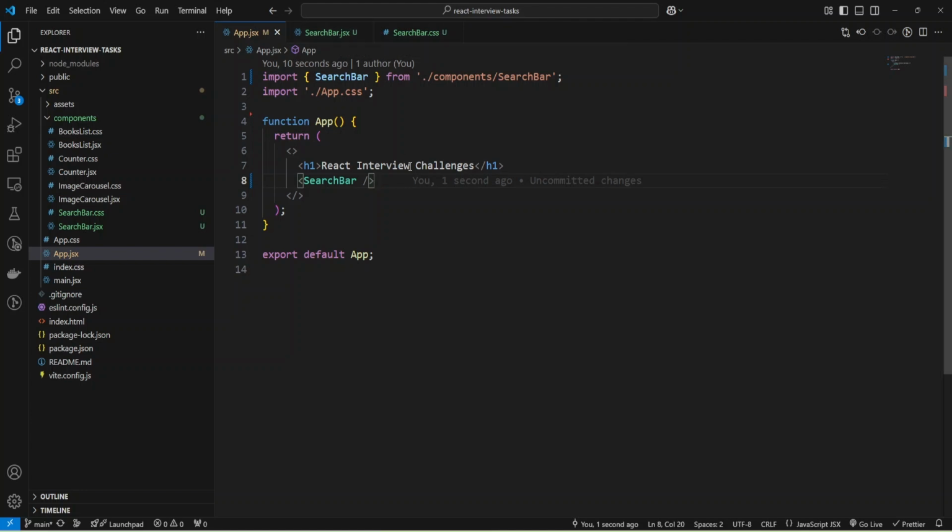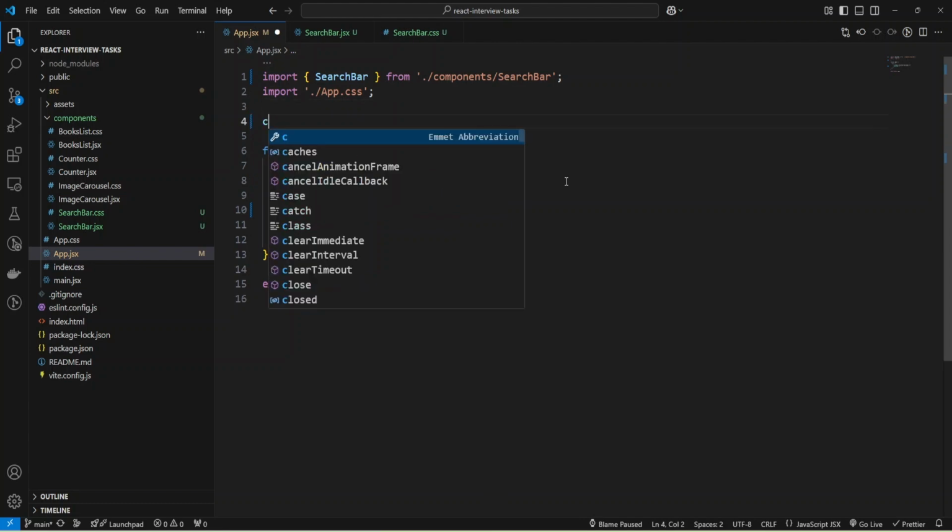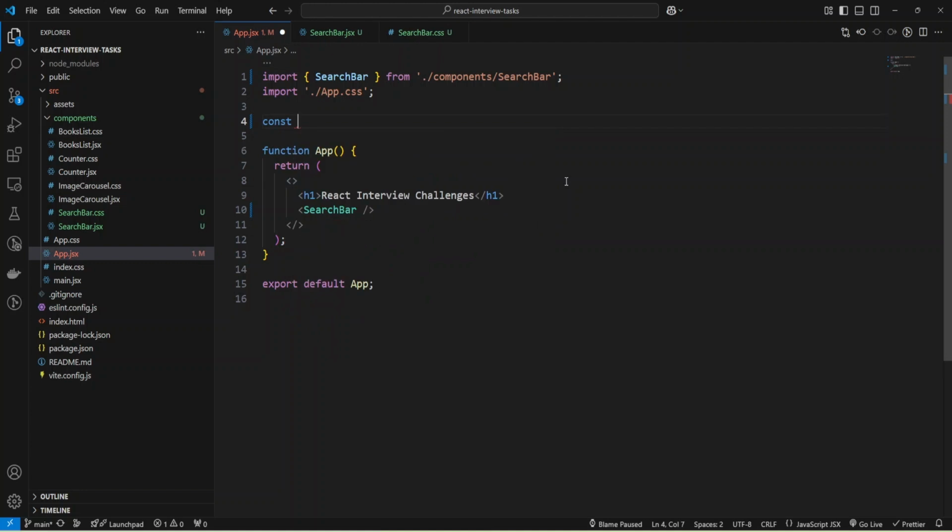And for that I need to provide some list of items, and for that I'll just create an array. It will be an array of strings, and we'll provide some values like HTML, CSS, and also JavaScript.